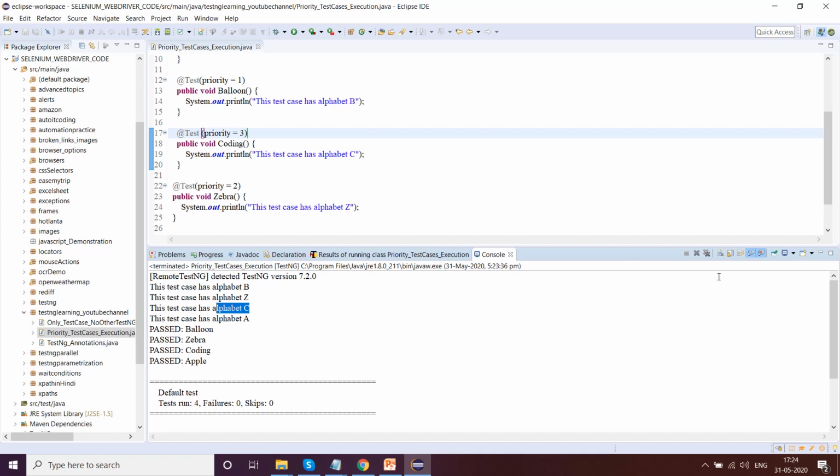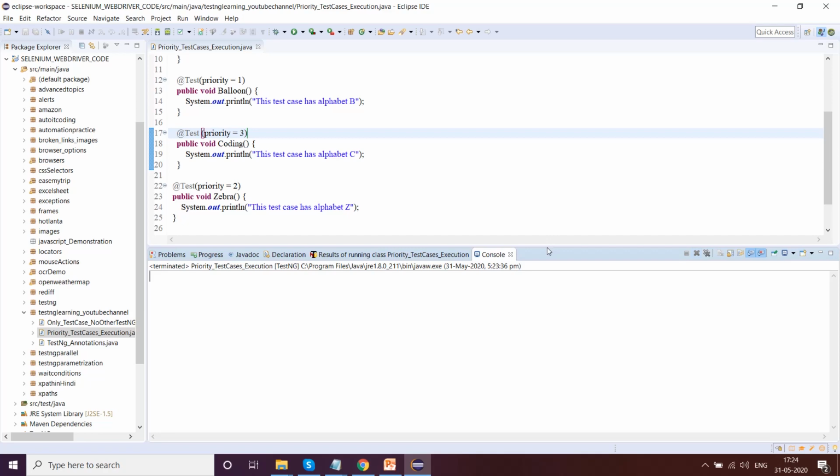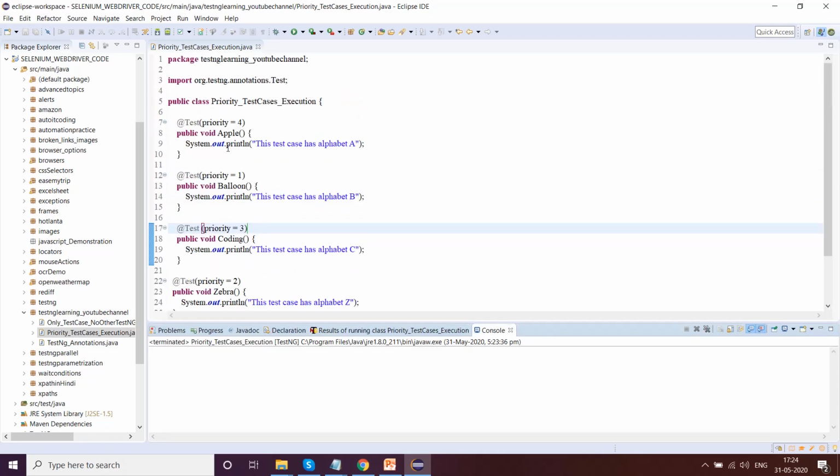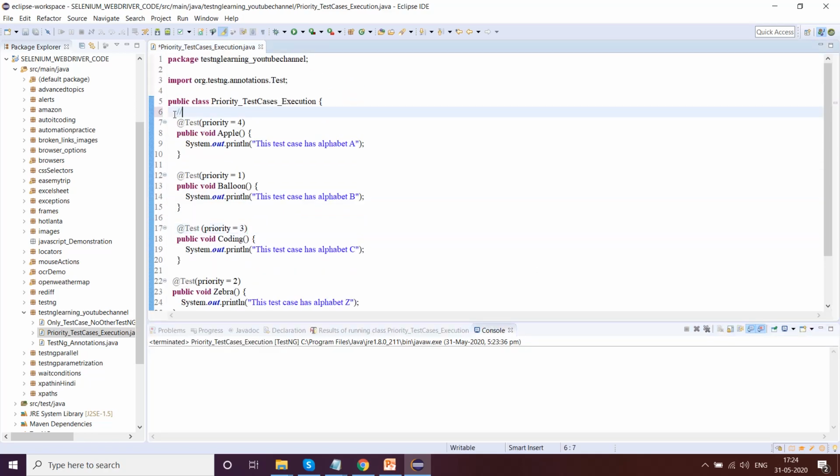I hope you understood. Now let me write it in an interview format. So what would be the interview questions here? The interviewer will confuse you. The question would be something like this: what if I want a particular test case to run first?